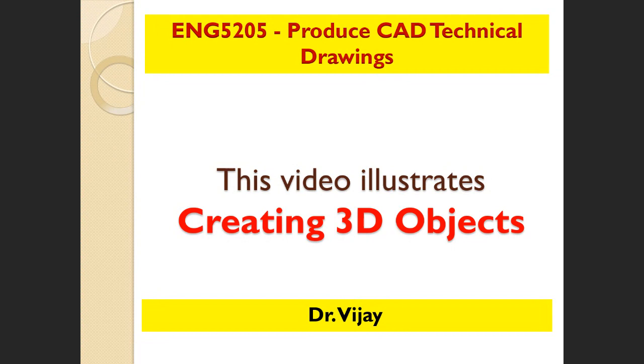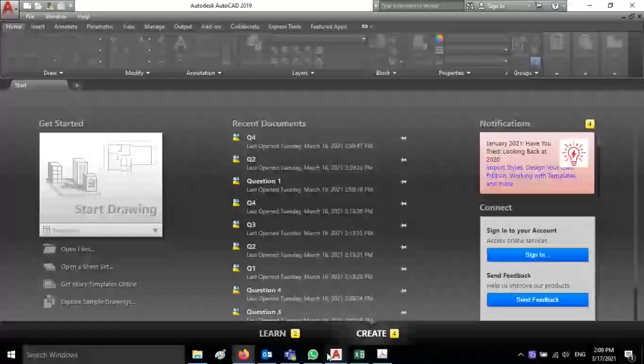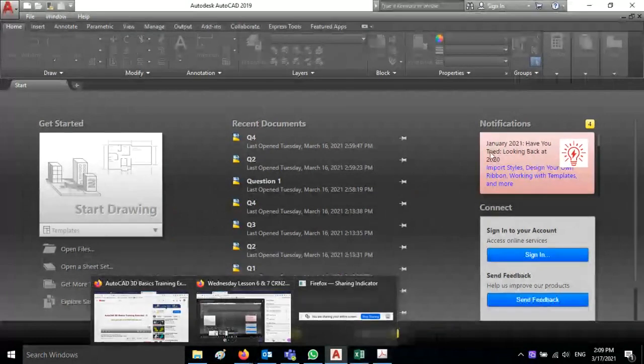I'll just share my screen. Now here you can see the AutoCAD screen.